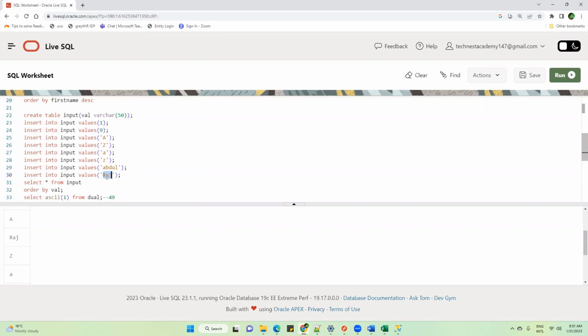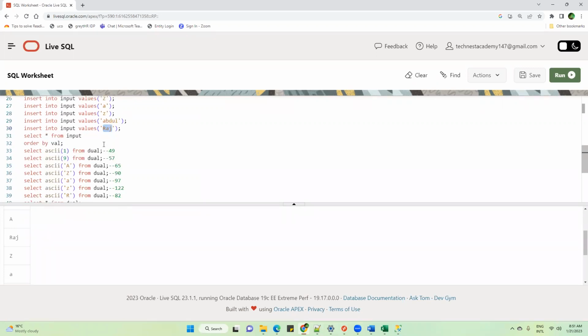Any question, anyone? Tanvir, what will be the ASCII value for Abdul? It will check the first character. The first character is lowercase a. The lowercase a ASCII value is 97, correct? Okay, then suppose I have another value, Akash. Then how will it display? Now Abdul is there, Akash also is there. Is the a in Akash lowercase or uppercase? Lowercase a.